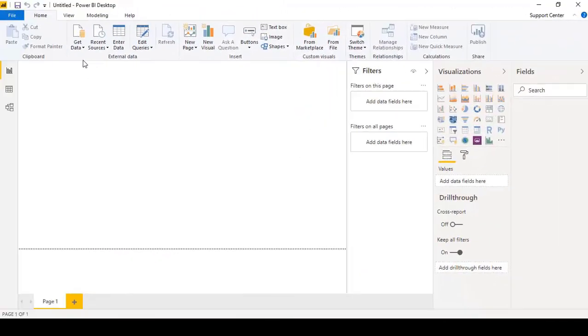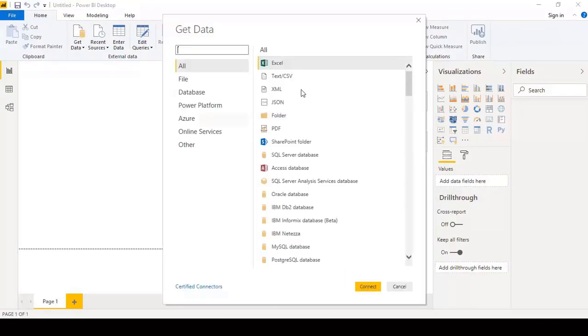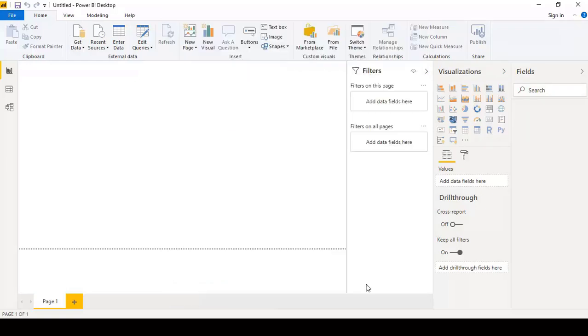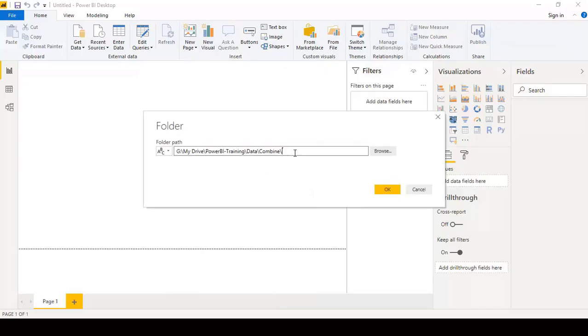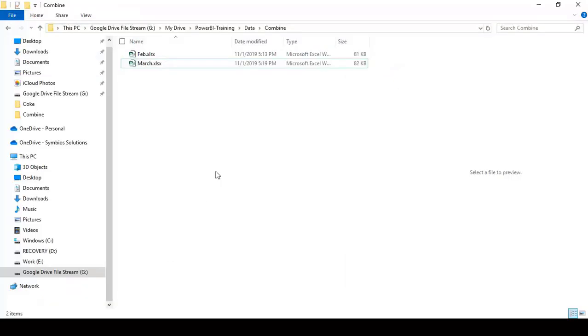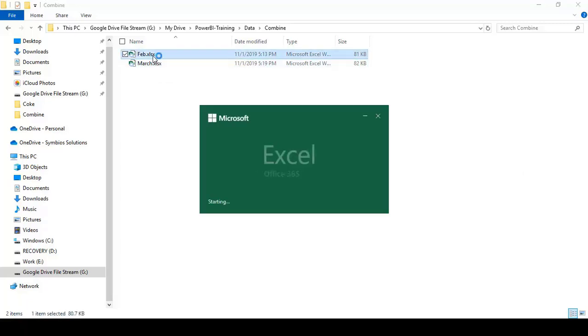First we will get data from the toolbar of Power BI and go to folder and put our folder path. In this example, we will try to combine those files for different months, February and March,